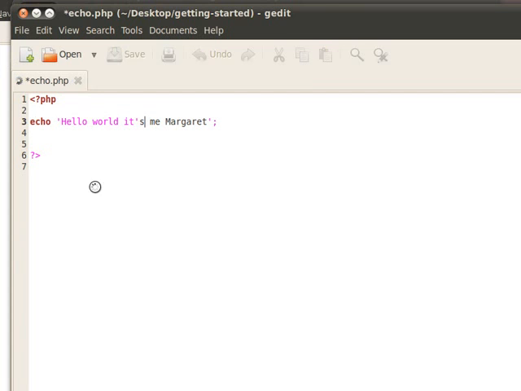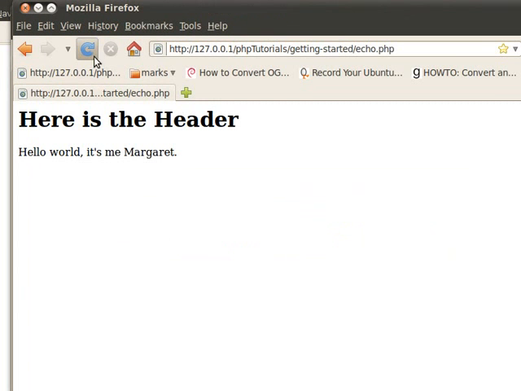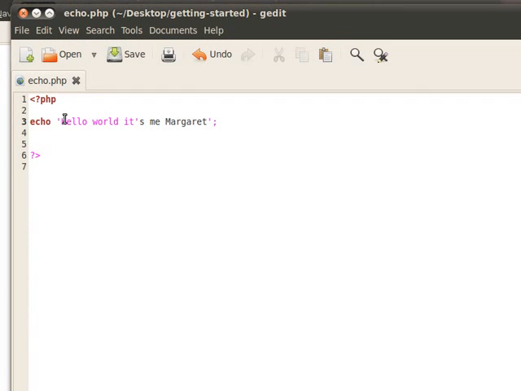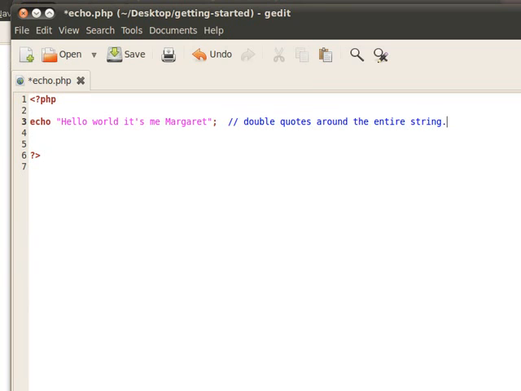So that would actually be an error if I were to load the page. See, it's a syntax error. So if I use double quotes, however, it will be fine, right? Now, that's one reason why I use double quotes, because I have an apostrophe contained within this string. So I say double quotes around the entire string. Okay, now